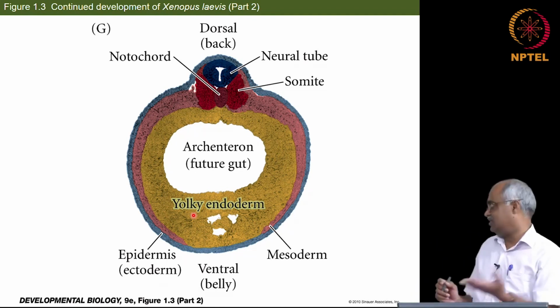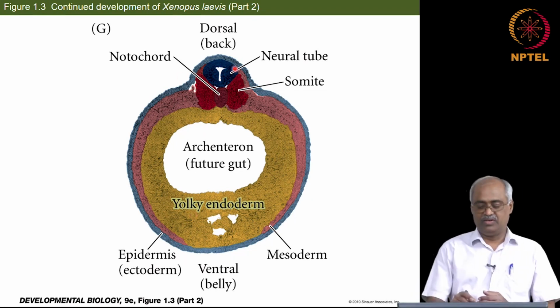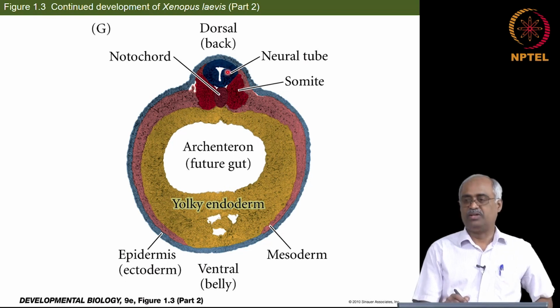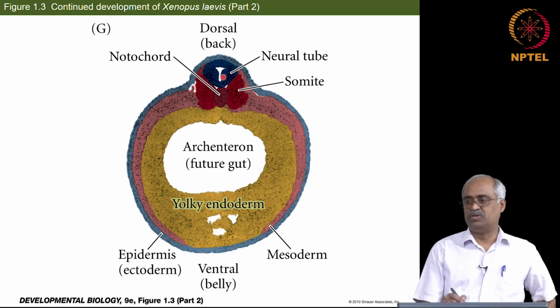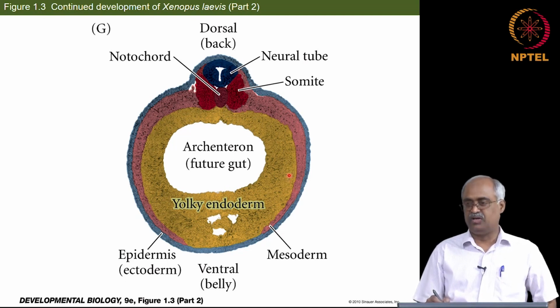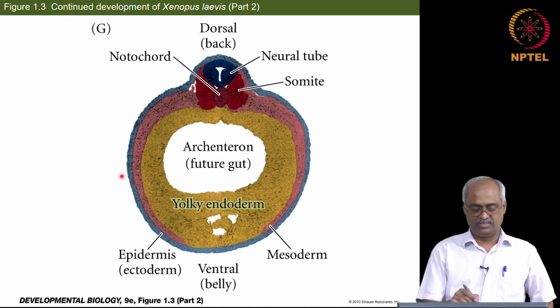So this is a cross section and it is stained, where you are seeing that the two ridges have fused and formed this neural tube. So one end of the neural tube is the brain, and the cells that moved in are the important things you need to see in this. So you have this light pink one, this is the endoderm, and this blue outside is the ectoderm, and then you have this endoderm.